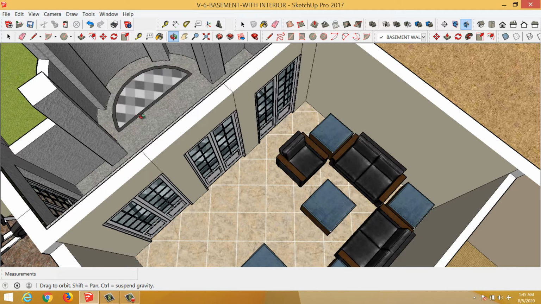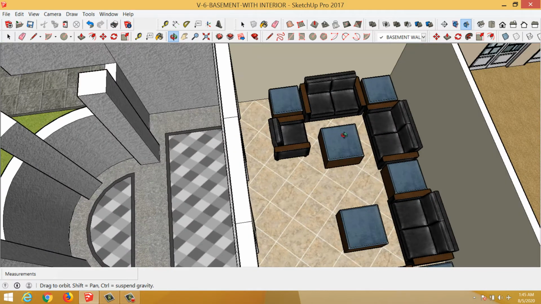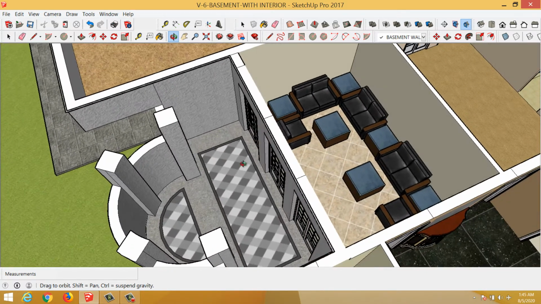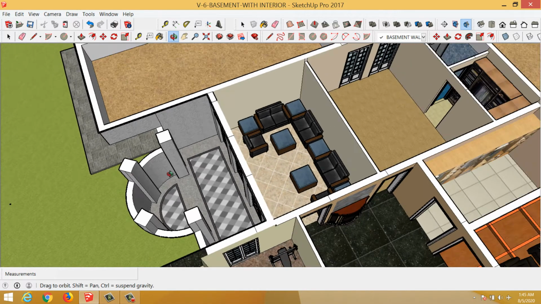So this will give you quite a good concept that diversity of elevation should be there, depending on the need of the client. But the plan by and large is the same, because the requirement is still the same, but the elevation requirement is different. So I've tried to address that in this. As you can see, it's more of a neoclassical kind of concept.